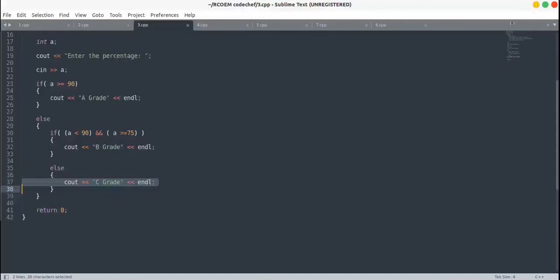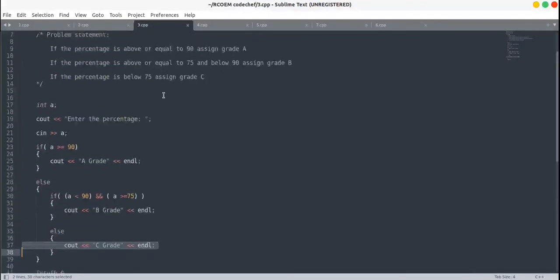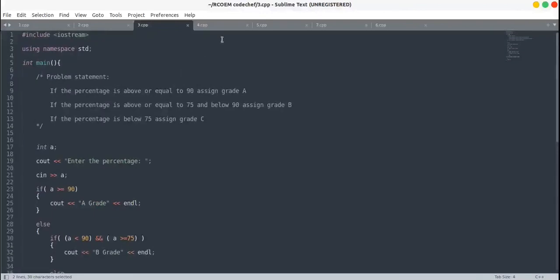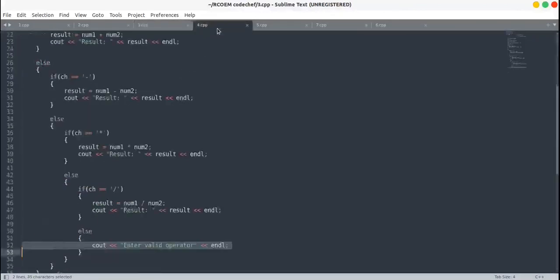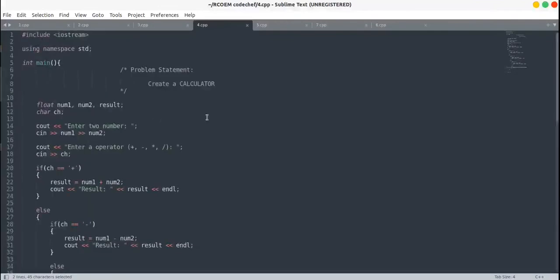Till now we know about the if-else statement and nested if-else statement, so let's write a program for a basic calculator in C++. The problem statement is: create a calculator.